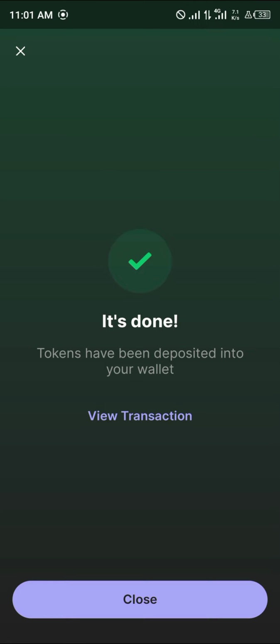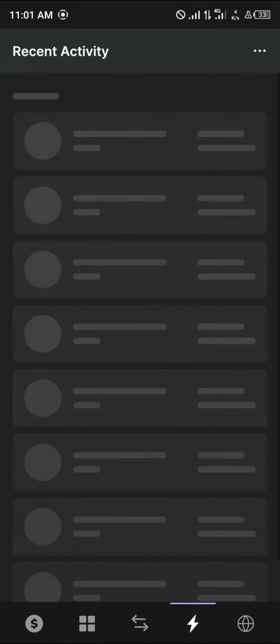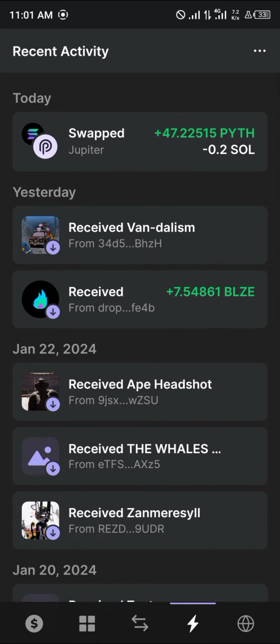And the swap is done. It's been confirmed. Simply click on close. And now if you check your recent activities, you would find that you swapped some of your Solana into the Pyth. Now, if you head to the browser icon at the bottom right corner of the screen and use your